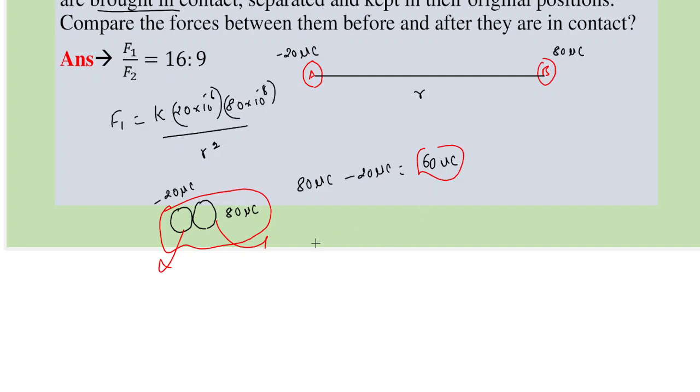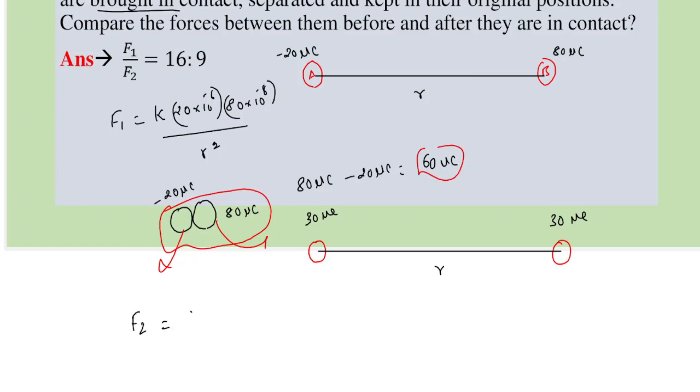So what I get now is two spheres with the same separation, but the charge on them is not as in the earlier case, it's modified now. They have the same separation. So the charge on this would be 30 microcoulomb. Here also it is 30 microcoulomb. That's the charge between them now.